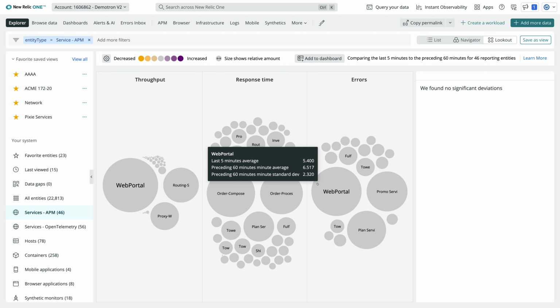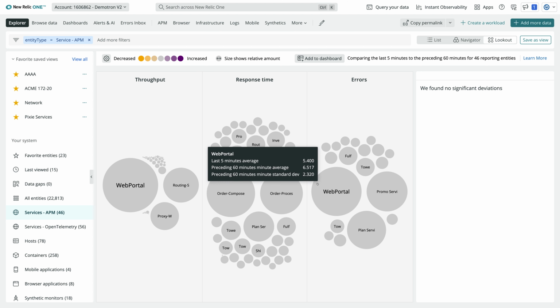Well, Lookout isn't showing me anything that I need to focus on, so let's dive into the infrastructure and see what we can find there and get proactive. Switching over to the list view and selecting all my hosts gives me the ability to start looking for places where I can improve my infrastructure. Let's start by using the top filter bar to focus on one specific application, in this case, the web portal application that we looked at earlier.